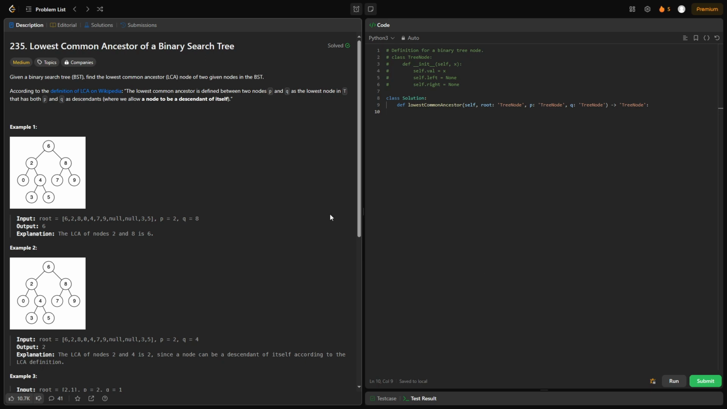Hello everyone, this is LeetCode 235, lowest common ancestor of a binary search tree. Not sure how this is a medium problem. I've had easy problems that are harder than this one, but basically we're given a binary search tree and we